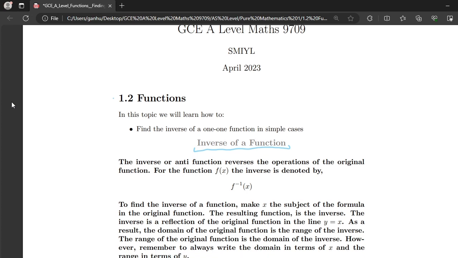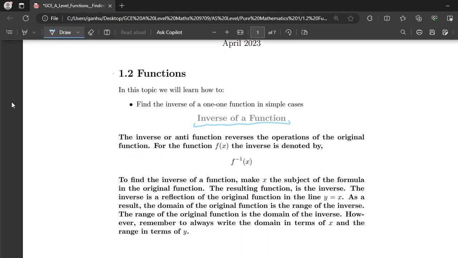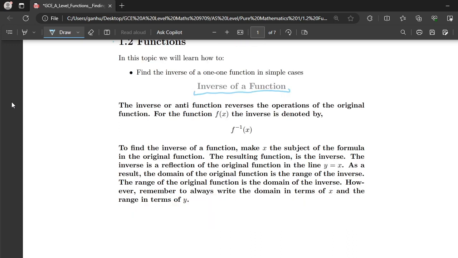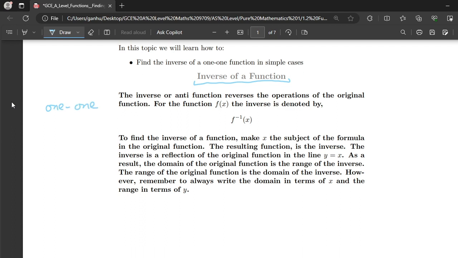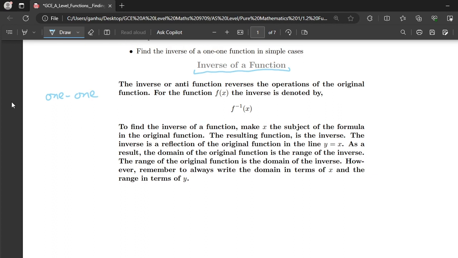So the inverse, also known as the anti-function, reverses the operations of the original function. And for a function to have an inverse function, it must be a one-to-one function. And to check if a function is a one-to-one function, you use the horizontal line test. So below we have some examples that we will look at that will help us understand how we find the